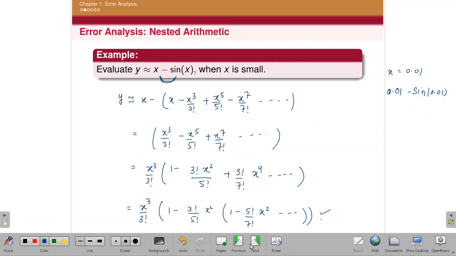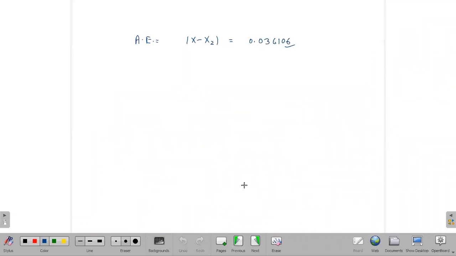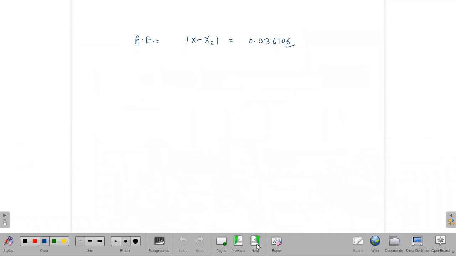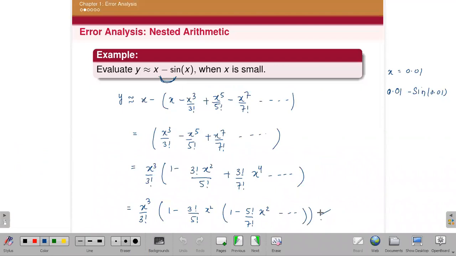Student: Ma'am, in the bracket where you wrote 1 minus 5 factorial by 7 factorial, can we take common further, if the series goes on? Yes, after this it continues. In a polynomial we have only finite expressions, but in sin x you have infinite expressions. Further you can take common, and you will get x powers in the minimum power. You try to reduce the powers of x to the minimum powers. The minimum power here is 2, but the maximum goes up to 3 in our expression.